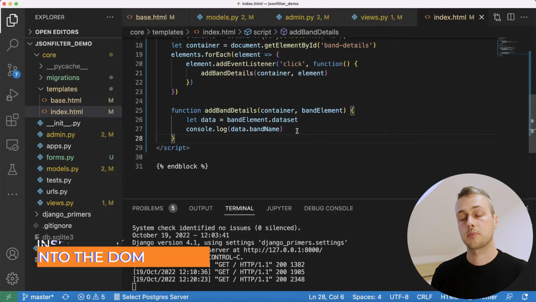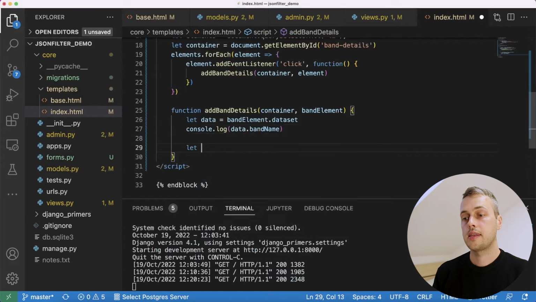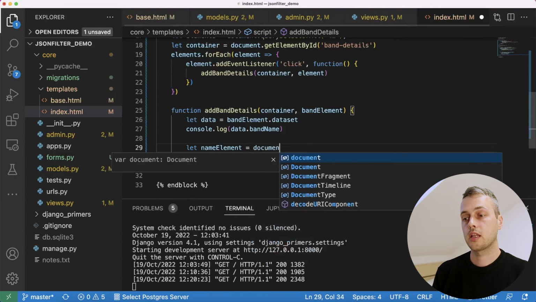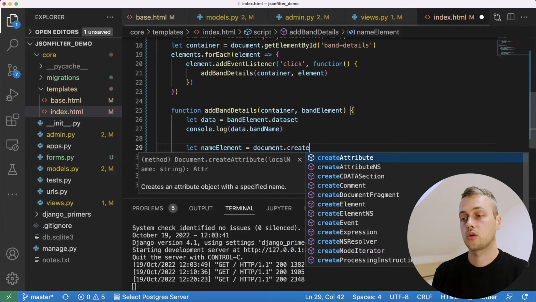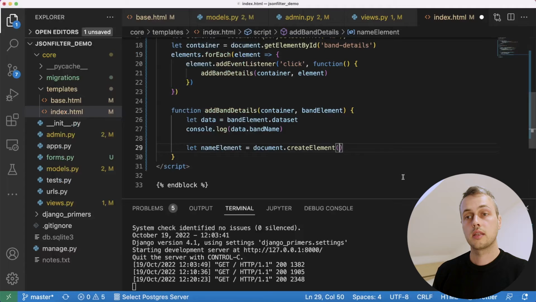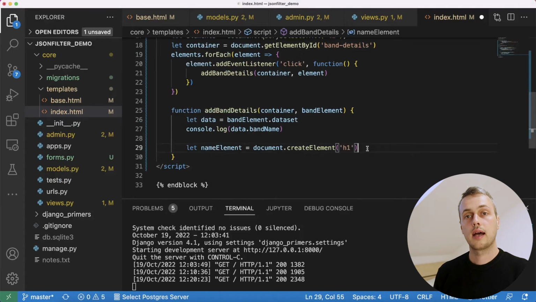So what we're going to do now is create a couple of new HTML elements using JavaScript, and we're going to insert them into the DOM. So within this function, below the data, I'm going to create a name element here, and that's going to be a new HTML element. And we can create an element in HTML using JavaScript by calling functions such as document.createElement, and we're going to render the name of the band as a header. So we're going to use the h1 tag for that. So we're programmatically creating an h1 element using JavaScript, and this h1 element is going to contain the text for